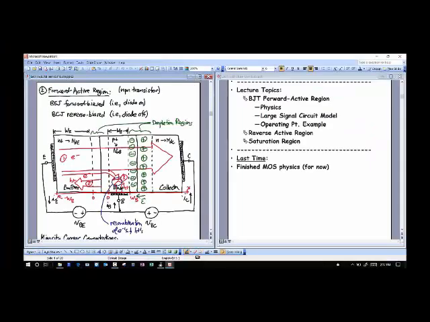Okay, so last time we started doing this, and this is sort of where we left off. We're talking about the forward active region for an NPN transistor. This is a region where you have forward biased the base to emitter diode. The center's the base, the emitter's on this side here. I have forward biased that, and let me emphasize that by putting a voltage across VBE. So VBE in this case is positive.